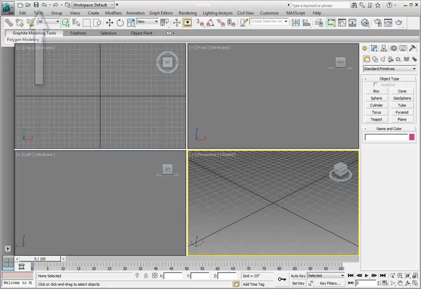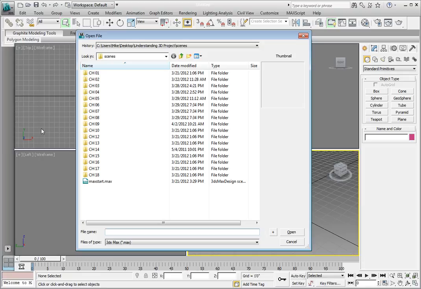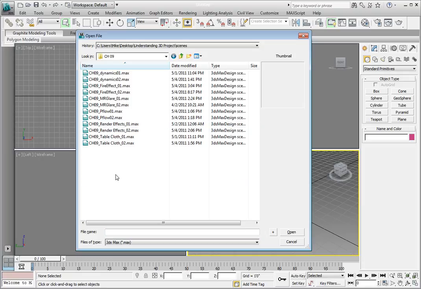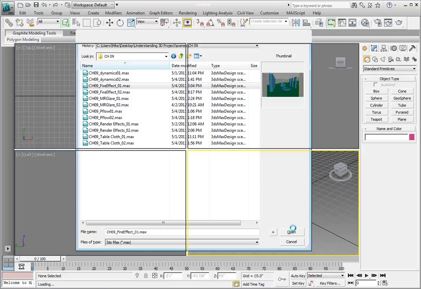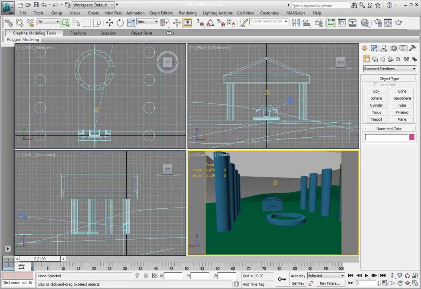From the Quick Access toolbar, click Open. In the Open File dialog, choose the file Chapter 9 Fire Effects 01.max, then click Open to open the file. When the file opens, you'll see a very simple Parthenon-style building on a simple landscape. There's a ring inside the Parthenon building that we're going to add a fire effect into in order to simulate